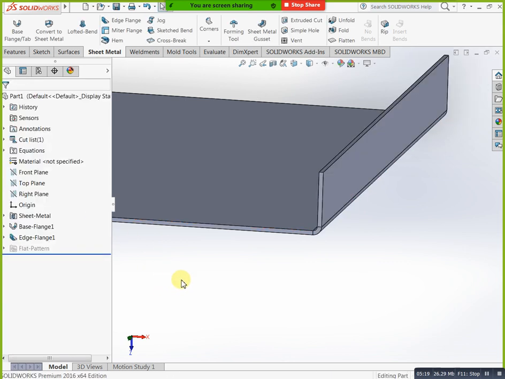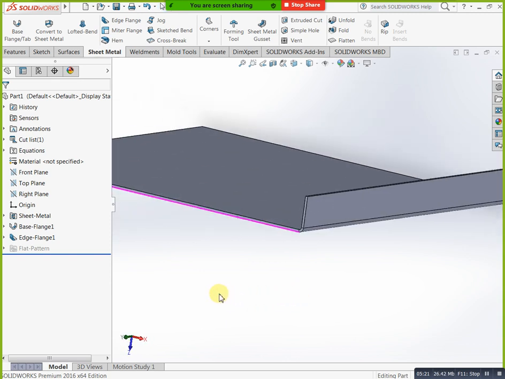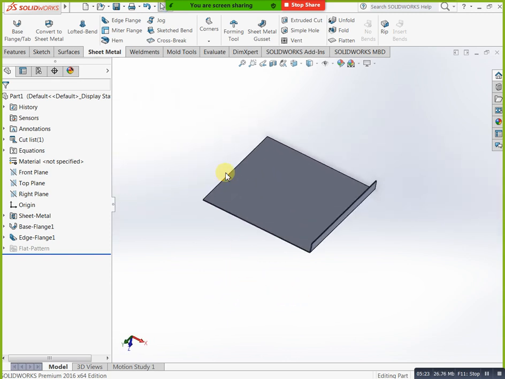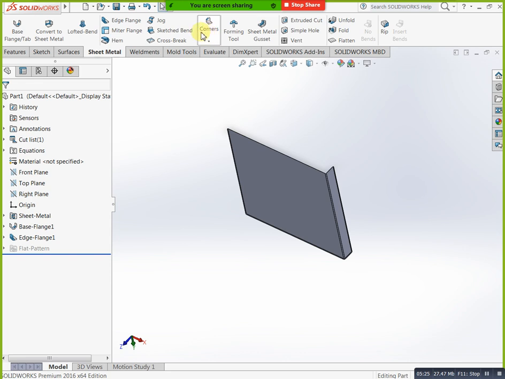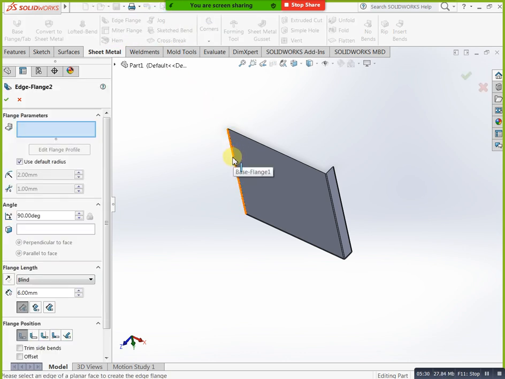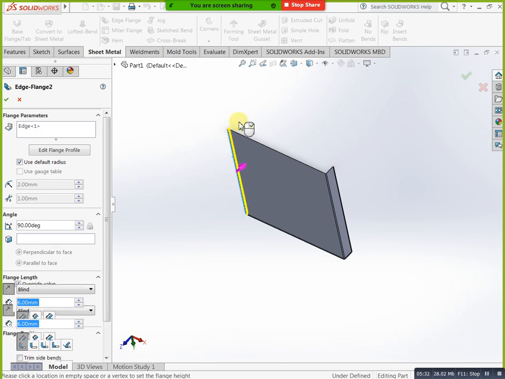For example, I need to apply the same on this side also. You can take edge flange, select this one, and apply how much height you need. If you need to change your direction, here we have the flip option. You can change it like this. Next, same, I need 30.